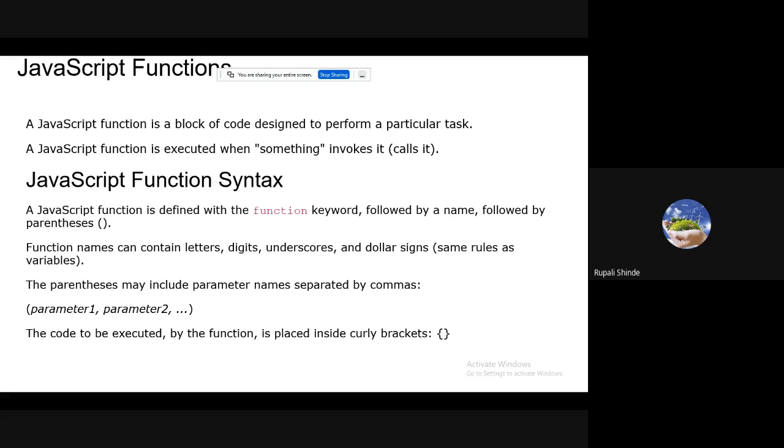The function name can contain letters, digits, underscore, and dollar sign, the same rule as variables. The parentheses may include parameter names separated by commas. Again, there is no need to specify the data type of the parameter. The code to be executed by the function is placed inside the curly brackets. It is nothing but the function definition.